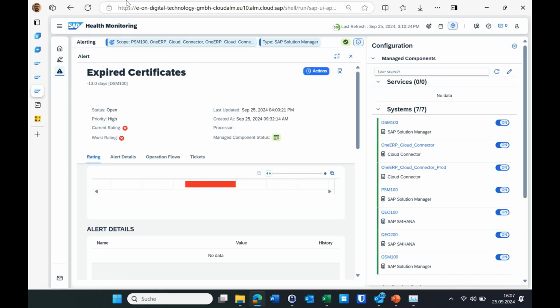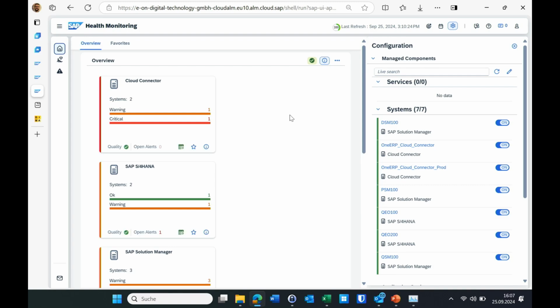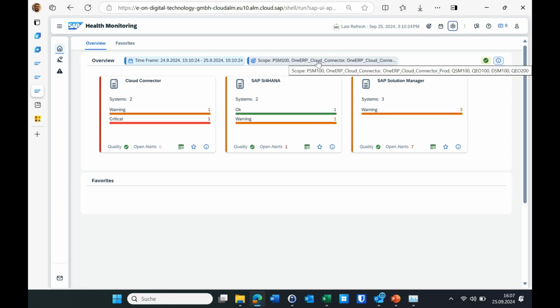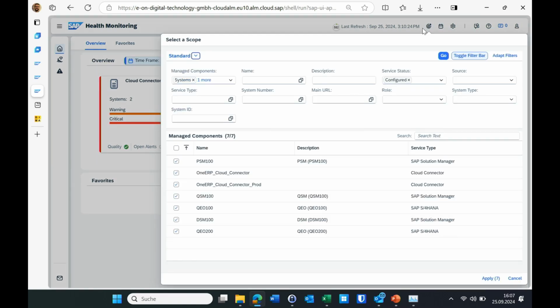And second part, and you might have already seen that in health monitoring, I have the same exact systems. I have my solution managers, I have my S4 systems, I have my cloud connectors. If you say, yes, that's because you just set up the scope like that, no, it's not. Let's look at the scope, let's try to change that. You know, the filters, I'll empty them all, perform a search, and you see I don't get any other systems, so I can just scope those systems, everything other not visible for me. And as a final proof,